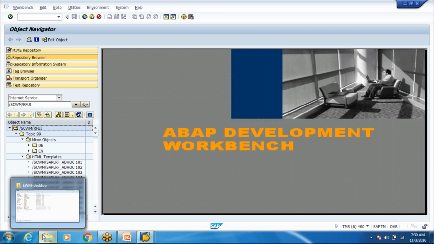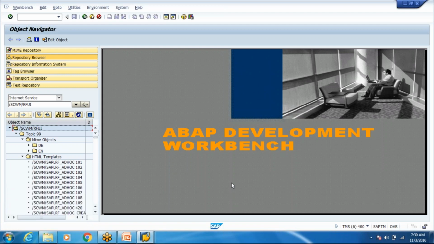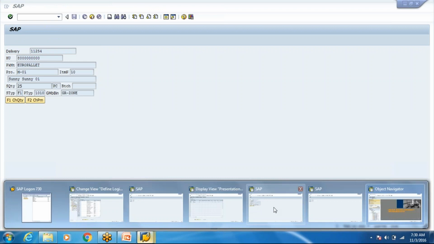If the handheld device is using the same Wi-Fi LAN which the SAP system uses, then it will open up the SAP screen and ask you for your login ID and password. Once you enter your login ID and password, you will get the screen on your handheld device. So this is how that is carried out. Just give me a minute. I'll quickly try to search a transaction which will clear all our doubts.